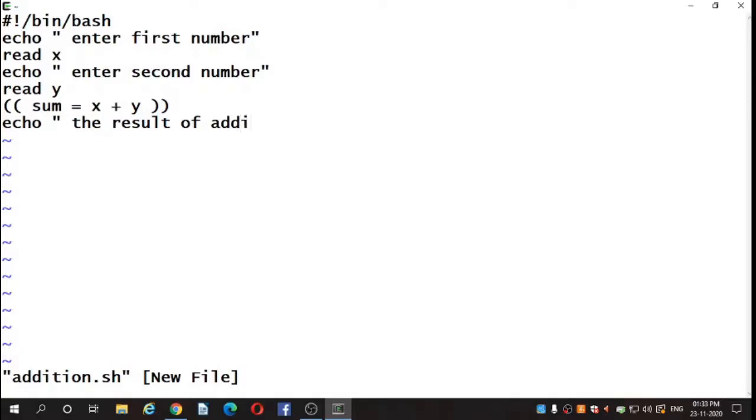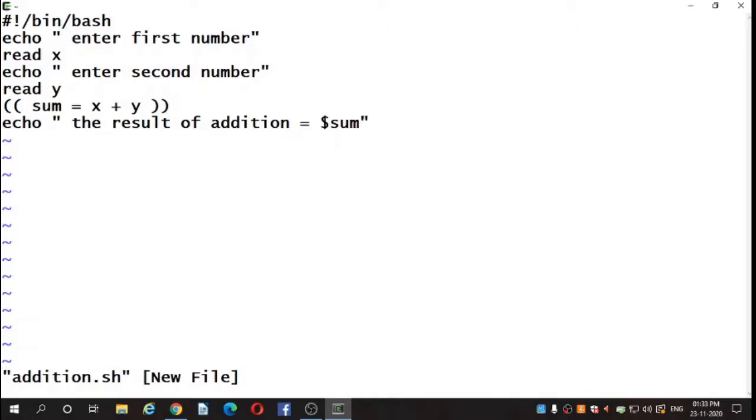So write here addition, then equals, and we need to fetch the value of sum, so we require the dollar symbol, then sum, the variable name, then double quotes complete. So here your program ends and we will execute it.